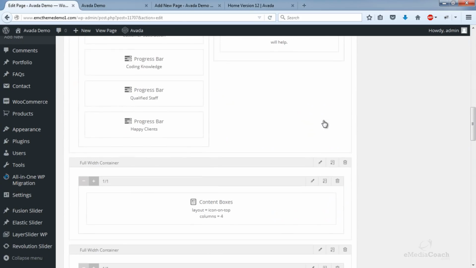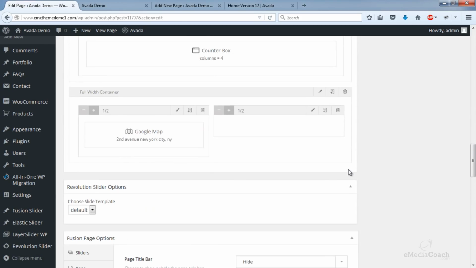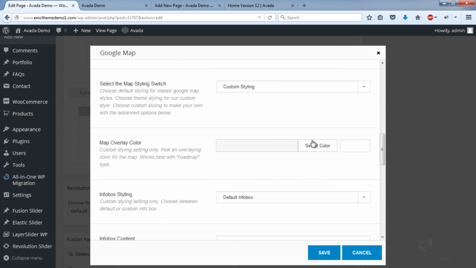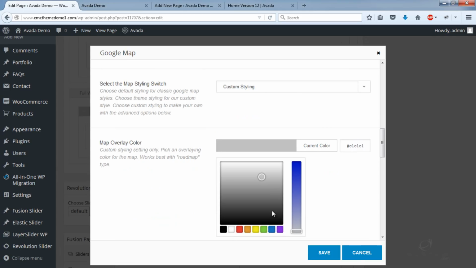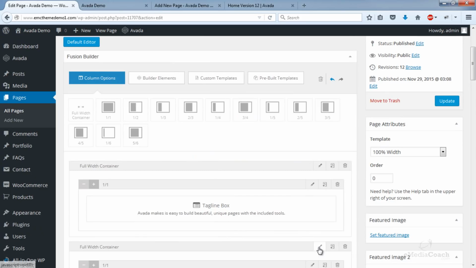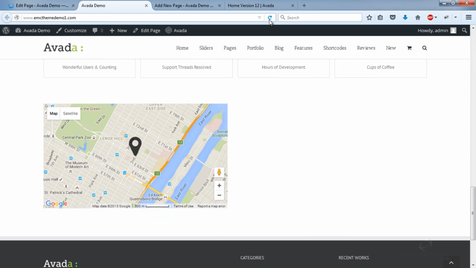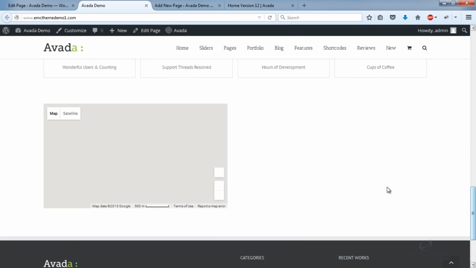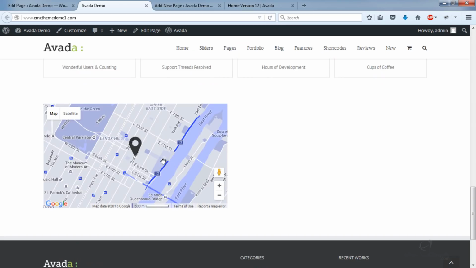So now if I change that overlay color, you'll see how the look and feel of the map changes. There you go.